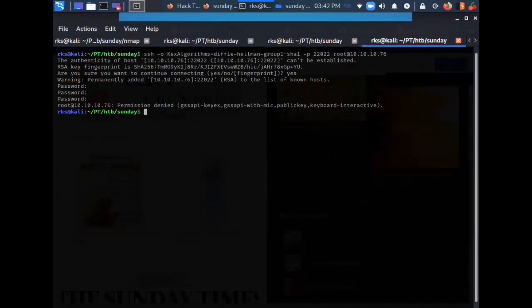Now let's try to do SSH. Let's do Sunny. Password is... what passwords can I guess here?